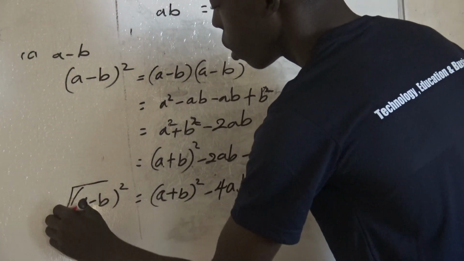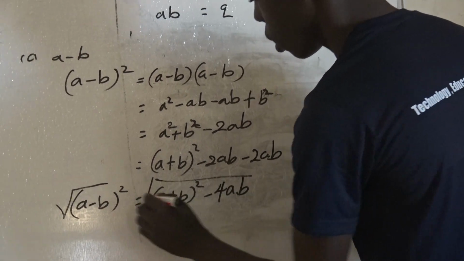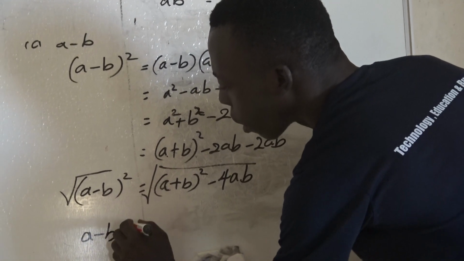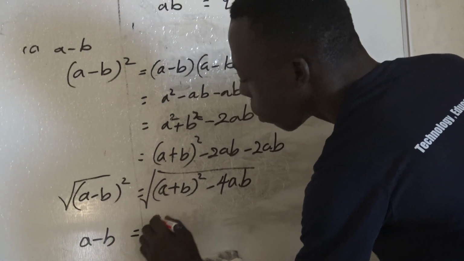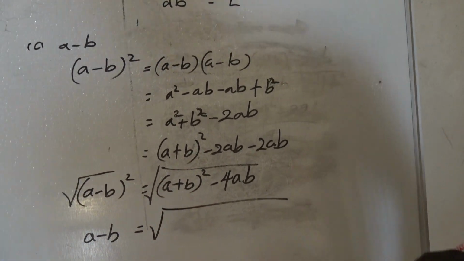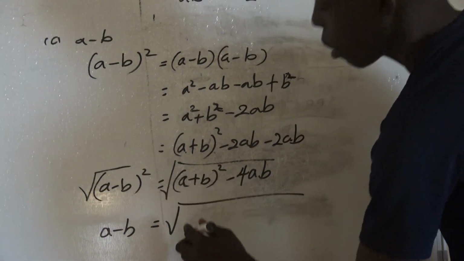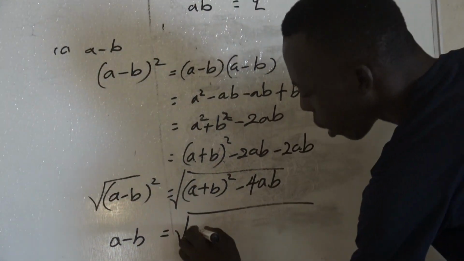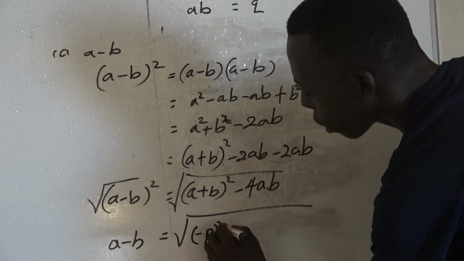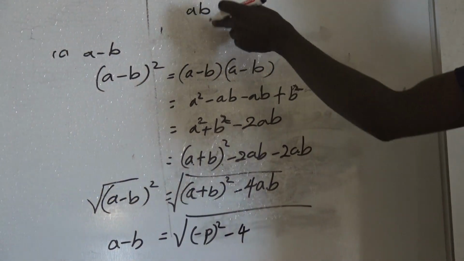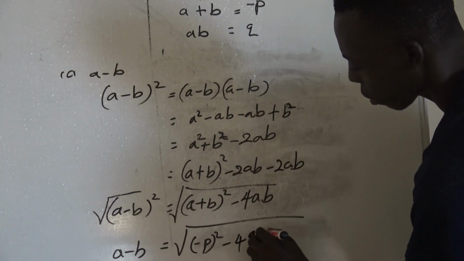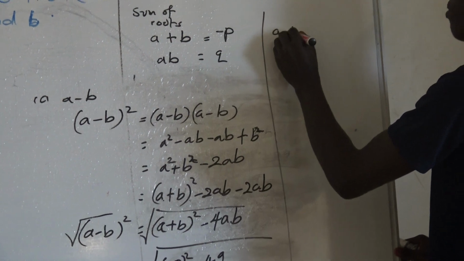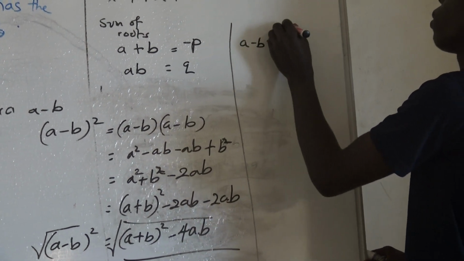Now to remain with a minus b alone, we have to remove this square by taking the root on both sides. So we shall have a minus b equals the root of a plus b, which we got as negative p squared, then minus 4 times the value of ab, which is q. So our final answer is that a minus b equals the root of